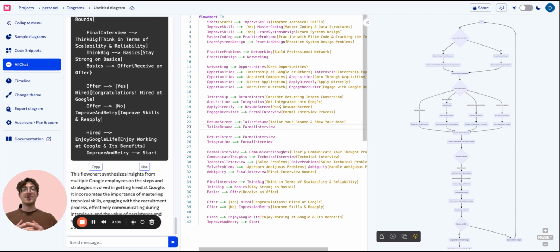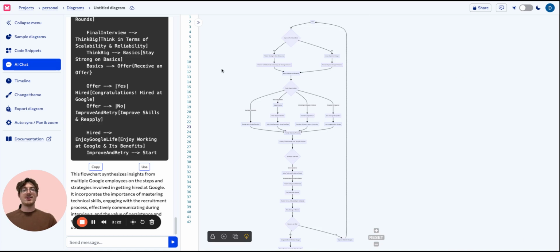If you aren't familiar with the Mermaid syntax, don't worry, you don't have to know it to use the AI and iterate. It is helpful and is very quick to use. So if you are interested, I have a video on how to become an expert in Mermaid syntax down below in the description. But in terms of this video, let's just go ahead and collapse that and zoom in on